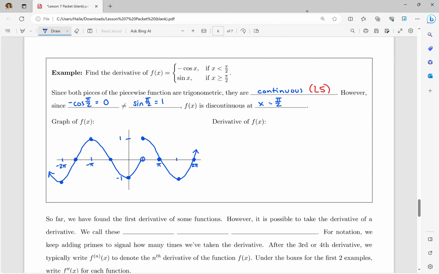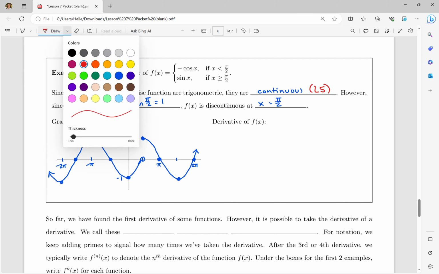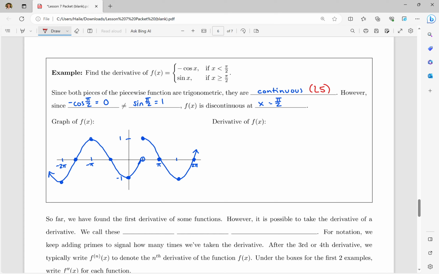Okay, so that's my piecewise function. Now remember, this right here is the area of interest, because that is my discontinuity, and that's going to play into what the derivative looks like. So for the most part, computing the derivative of this is going to be very similar to what we just did. So we can say f prime of x